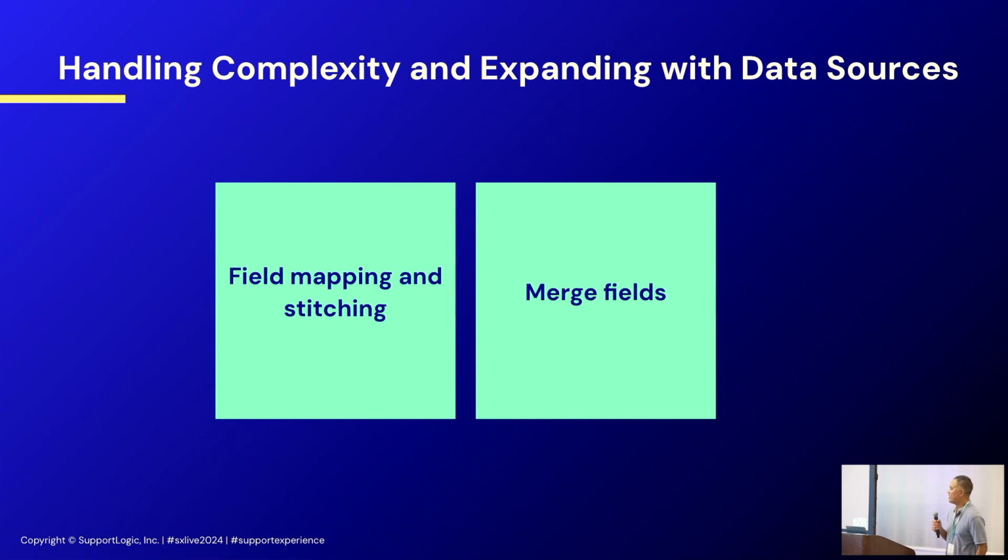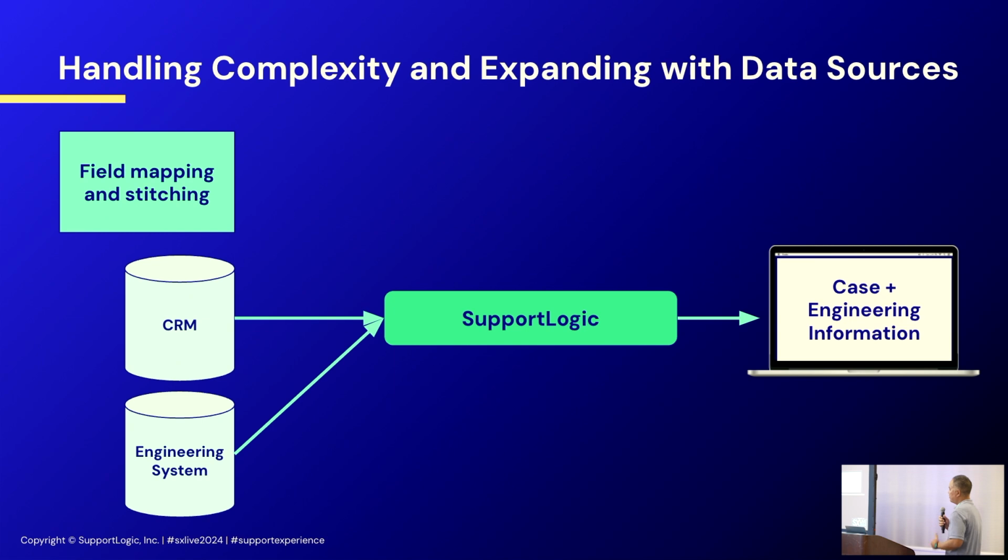And we have other things like maybe you have an engineering system that's tied to your organization, and there are statuses and custom fields that you want to incorporate towards cases that are tied to those engineering issues. We will be able to incorporate those. And so that's what this chart's going to show you. Right now, we are connecting to your CRM system, but say you do have an engineering system, sort of like Jira or ClickUp or something like that, we can also ingest custom fields from those objects as well